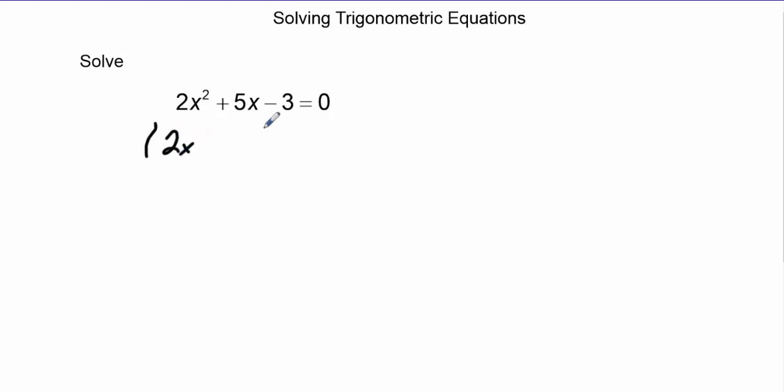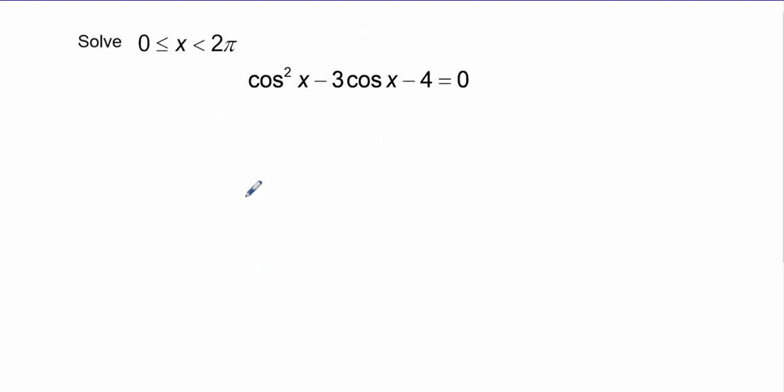So I've got a 2x here. An x, I need a 3. It's got to be the positive, and a 1, which is the negative. So I set them both equal to 0. And x equals 1/2 and -3. Pretty basic. The idea behind solving trigonometric equations is not much different when it looks like a quadratic, as this